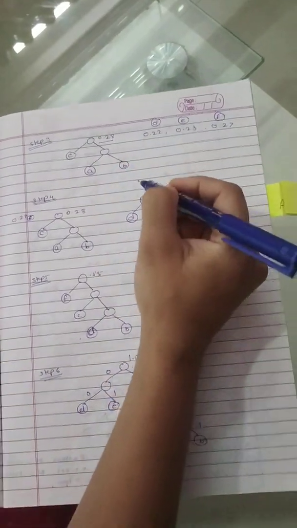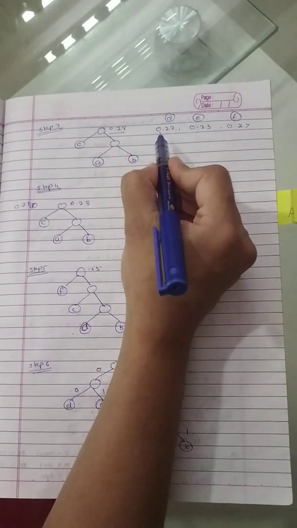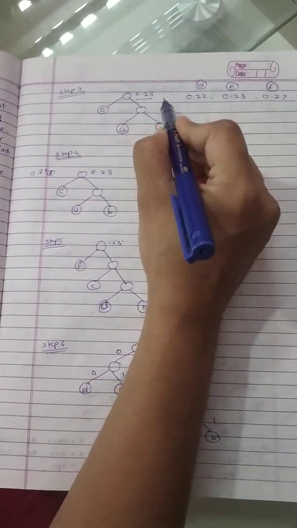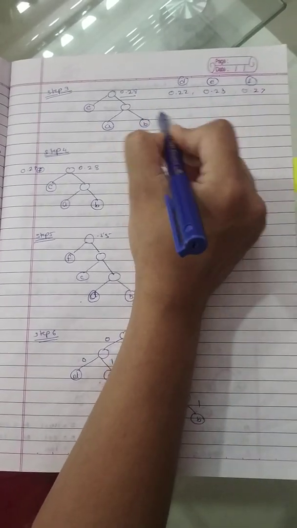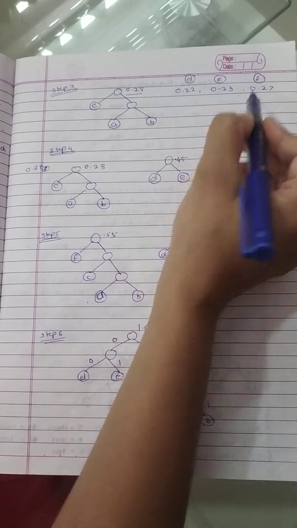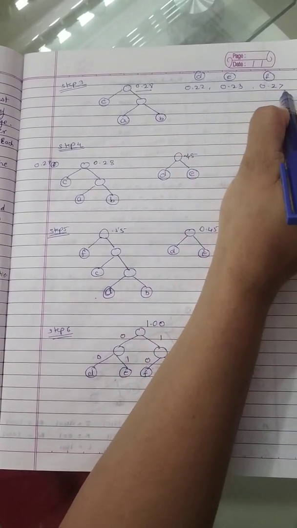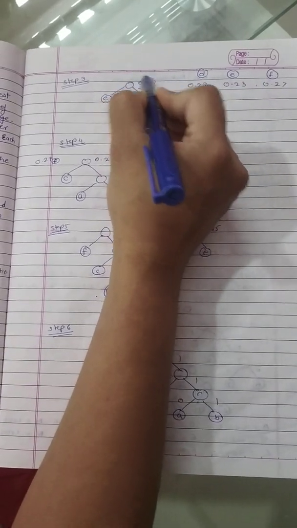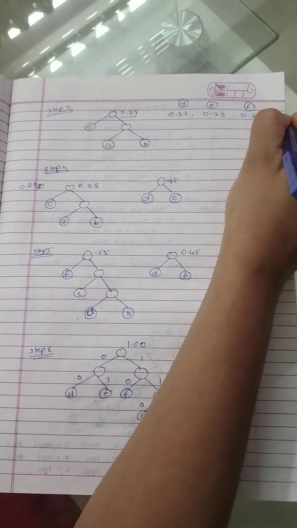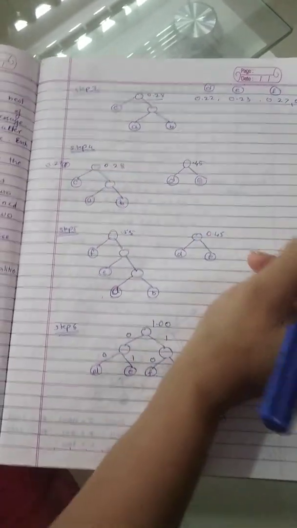In this way we can generate the complete Huffman code. Now again this 0.28 we have to include into the remaining characters as per the sequence, or as per the ascending order. Here 0.22 is given, 0.23 and 0.27. Now we have to include this at the end of this. Okay, means the last one will be 0.28, which is represented by this complete node tree, subtree.